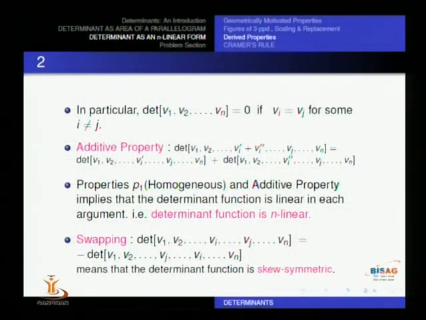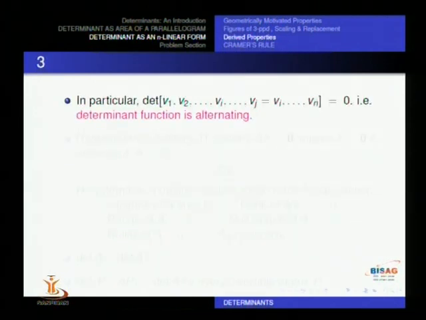Then the numerical value of the determinant remains the same, but its sign changes. You get a negative value. That means this property is called the skew symmetric property. So the determinant function is skew symmetric. Next property is if you take